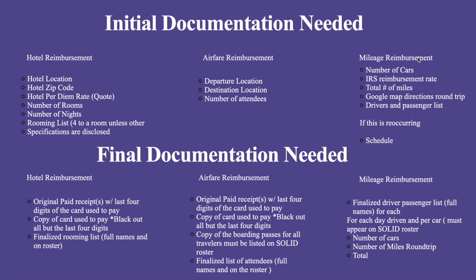For travel reimbursements, we ask for initial and final documentation to be provided to us. Final documentation will be requested as a step in Kuali Build, and you are to complete it following your travel. For hotel reimbursements, we ask that you collect the original paid receipt with the last 4 digits of the card used to pay visible, a copy of the card used to pay with all the numbers except the last 4 digits blacked out,